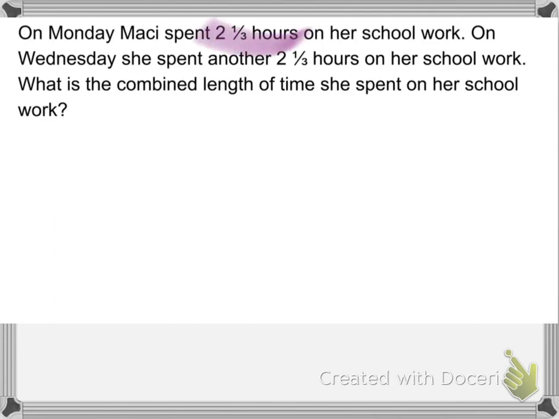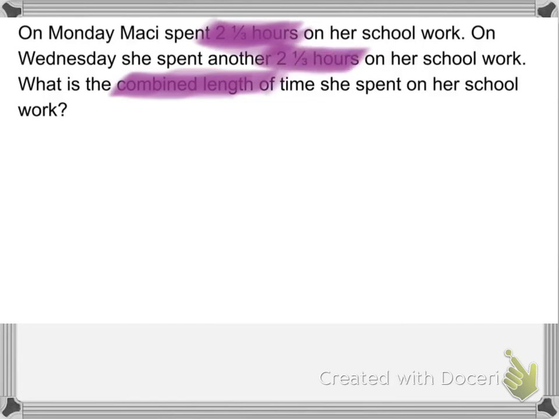Next one says, on Monday, Macy spent 2 1/3 hours on her schoolwork. On Wednesday, she spent another 2 1/3 hours on her schoolwork. What is the combined length of time she spent on her schoolwork? Since they're asking for the combined length of time, I'm going to need to add 2 1/3 plus 2 1/3. So 2 1/3 plus 2